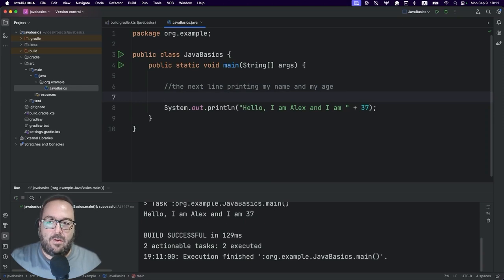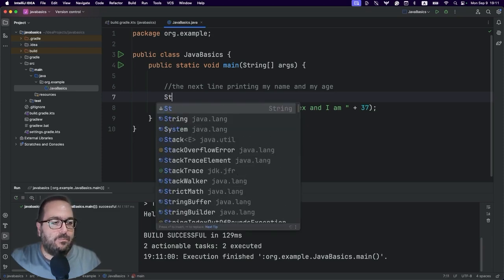Now, let's see what variables are. We have different types of variables. We have strings, integers, float, char, boolean. Variables are things that you store in memory. I will give you a few examples. Let's start with the simplest version of that, which is the strings. Strings are text in reality, and we go like this.